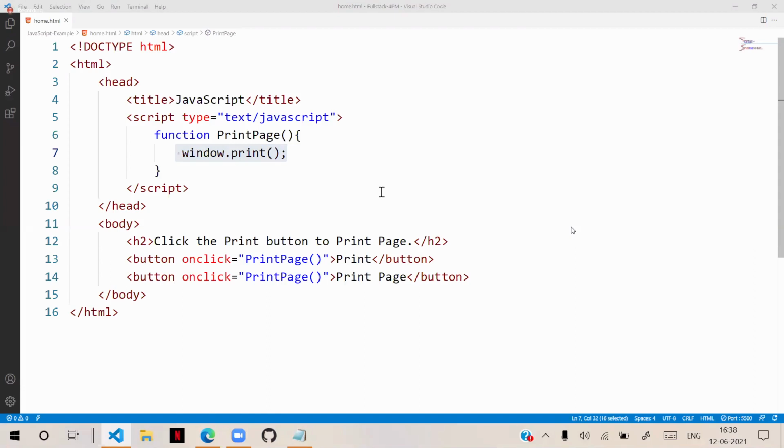Don't think about it. Just concentrate on the concept of inline and embedded. Understood? What is a function? Why is it written like that? What is window.print? How function names can be given? All those things I will tell you later.